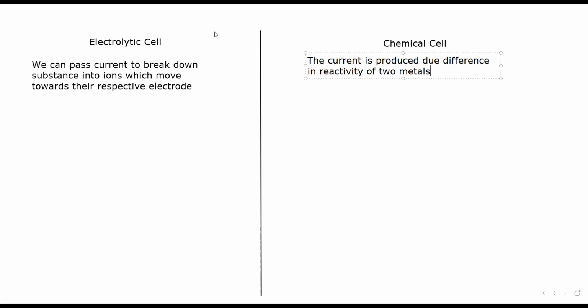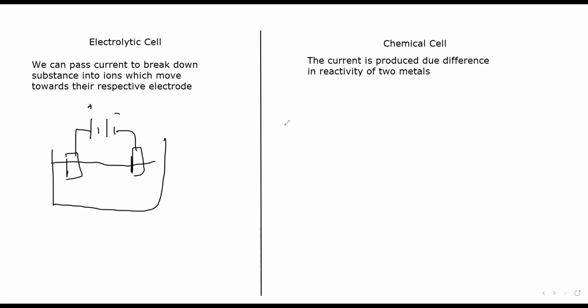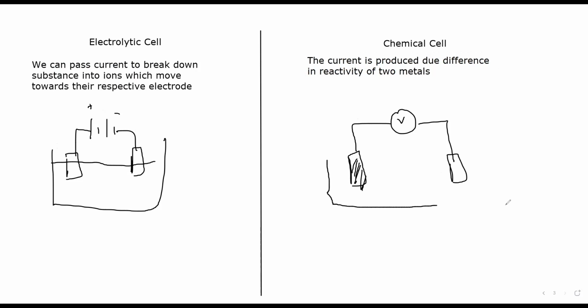So when we draw an electrolytic cell, we always draw a battery or a cell with positive and negative terminal. There will be anode, there will be cathode, and the solution will be the electrolyte. But in a chemical cell, we can draw a voltmeter or a bulb. Then we use two metals which have a difference in the reactivity and we place them in the solution. That's the difference. Here we can use any type of metal,